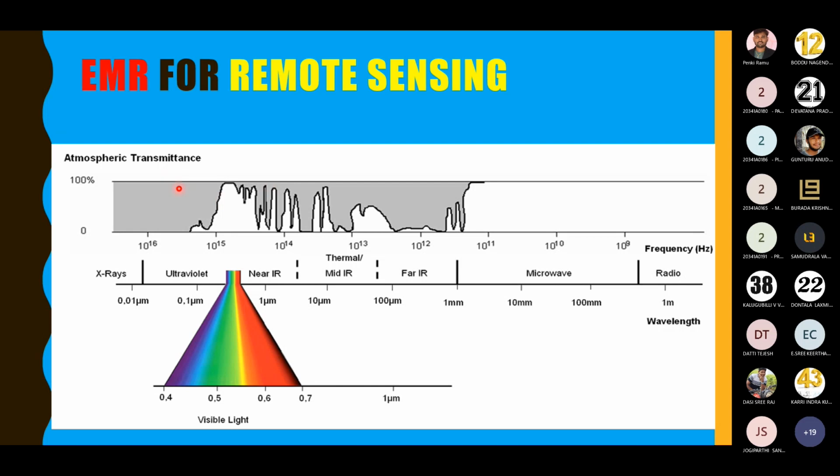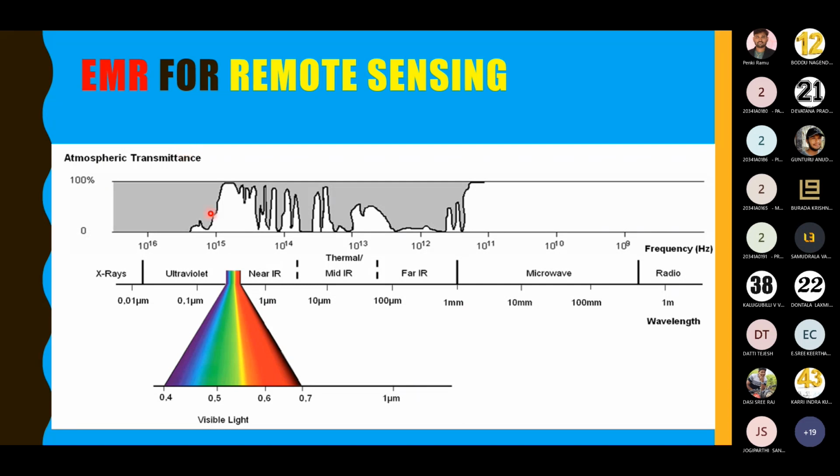If you want to perform remote sensing in the X-ray region or ultraviolet region, it is not possible, because first of all, there is no energy being transmitted to the Earth's surface. We require the energy to interact with the Earth, then only we can study that object. Energy has to interact with the Earth's surface object, and after interaction it has to transfer back into the atmosphere, and that transferred energy will be collected by the sensors, which in turn generate a signal, and that signal will be studied for different applications. None of this will happen in the X-ray or ultraviolet region, because the atmosphere is not transparent in that region.